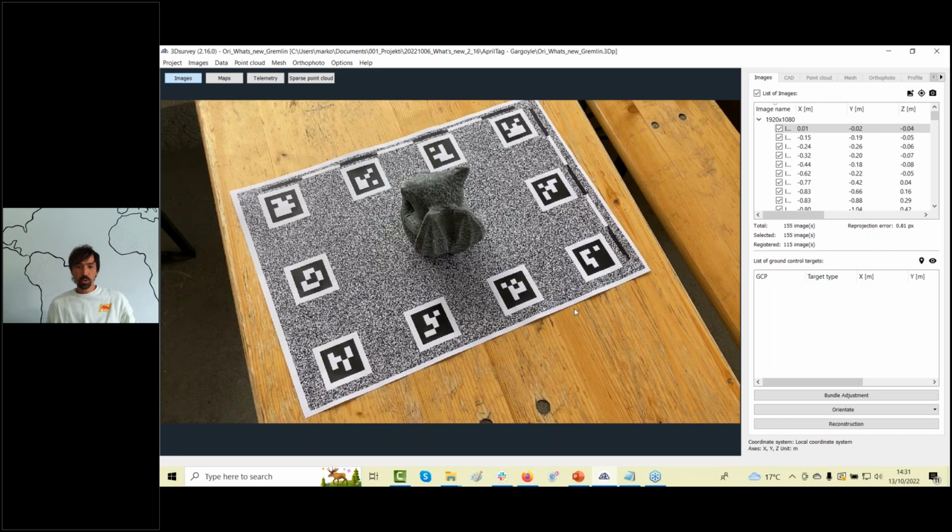You could also use April tags for drone projects. If you have a dimension of 30 by 30, I would advise you to fly up to 40 meters high, because if you go higher, the pixel does not cover the good resolution of the target anymore. If you would like to go higher, you need to print bigger targets,